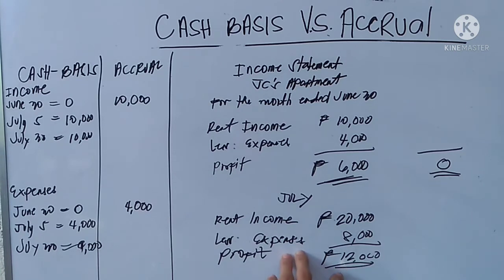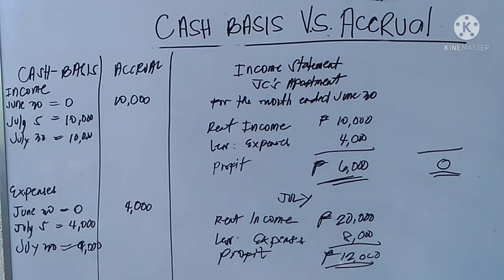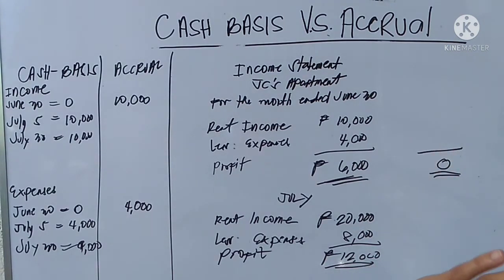So, 20,000 less 8,000, nagiging double yung profit mo. Hindi siya balance kasi by the month of June, wala kang income, wala kang expenses, so wala kang profit. But by the month of July, masyadong malaki yung profit mo kasi naging doble yung income at naging doble yung